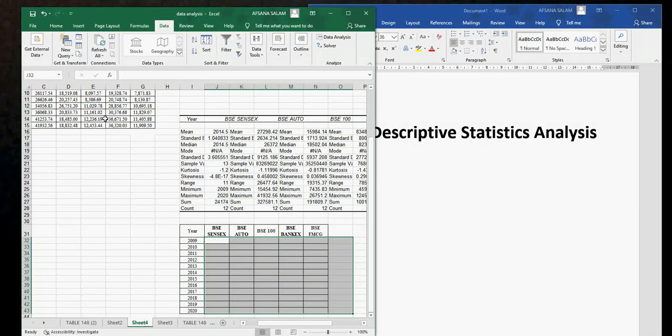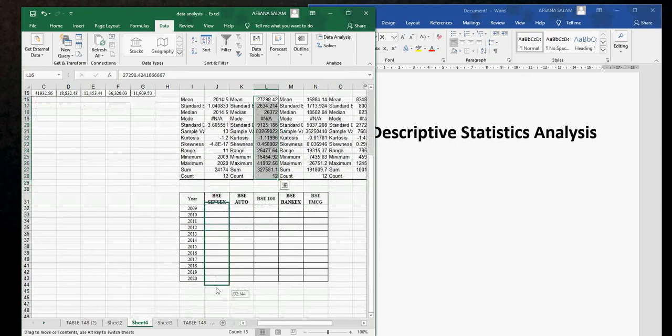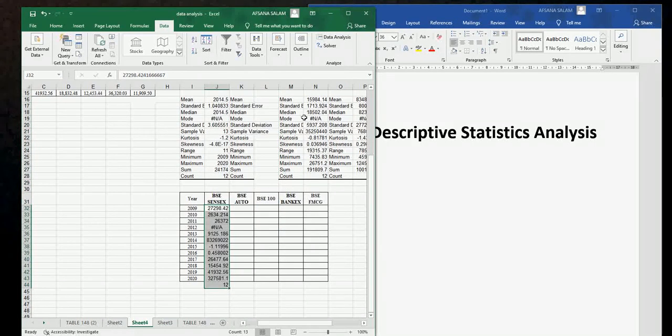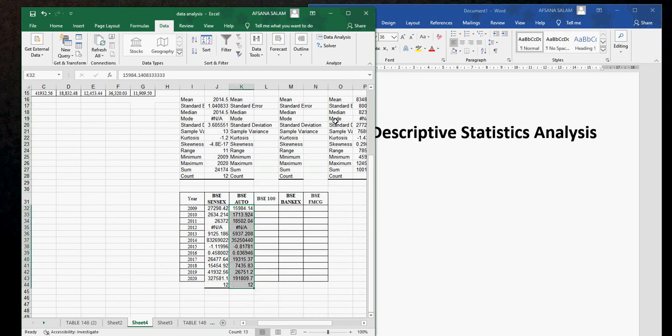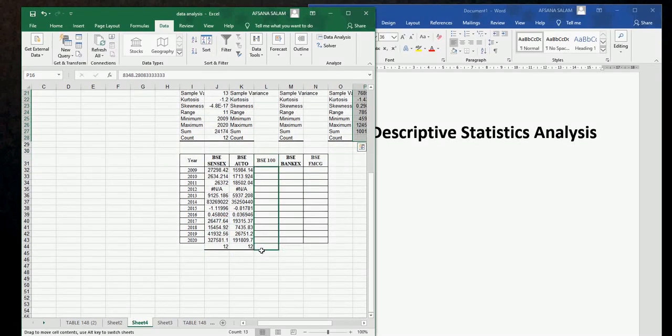So I'm keeping this as a backup, but the solved one for BSE I'm just pasting it here. This is the output which I received from the data analysis description for these years, but this year is not required, so I'm just avoiding this one. Okay, so once I do this,